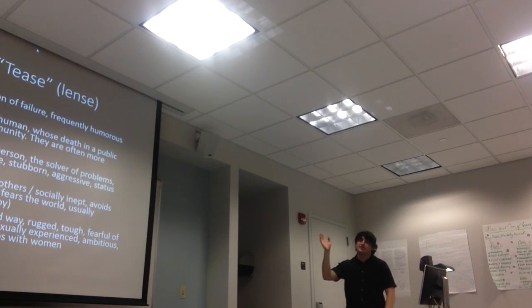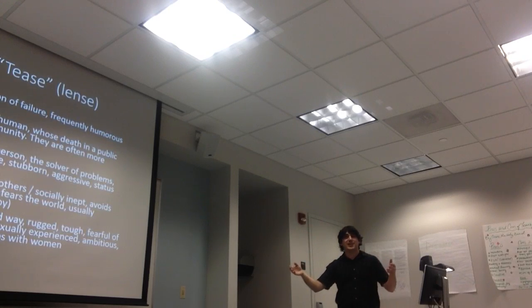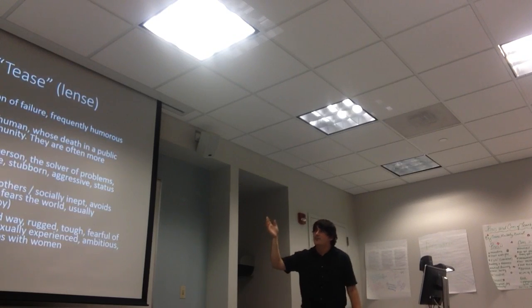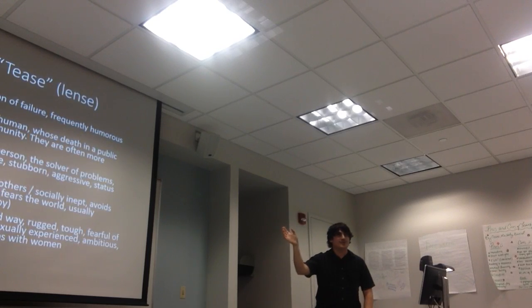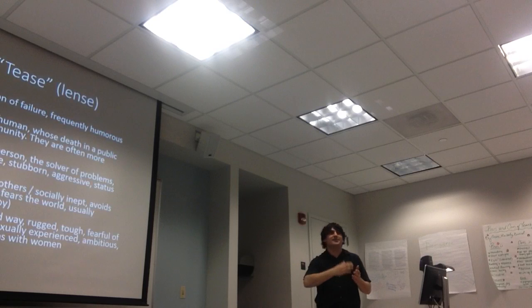So, this is a list of some archetypes that I think are very obviously found in Tease. As we go over each example, I'm sure you can think of which character fits each profile. We have the anti-hero, non-hero, given the vocation of failure, frequently humorous. The example I gave there is Hamlet. I don't know if you're all familiar with that story. But the other example I saw a lot when I was doing my own research on anti-hero was Homer Simpson. So think of that, like totally not an actual heroic person, but still has the intentions to do good.